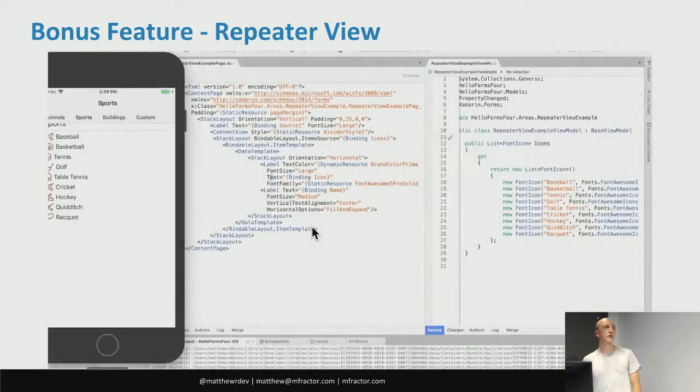On the note of CollectionView, this is a Xamarin.Forms 3.5 feature that just came out. And this is a repeater view. Basically we take a stack layout, we give it a list of items, and it just repeats a single control multiple times. This is very, very useful. Rather than having to do a for each loop in code behind and manually construct, adding each element to the stack layout, we can define a